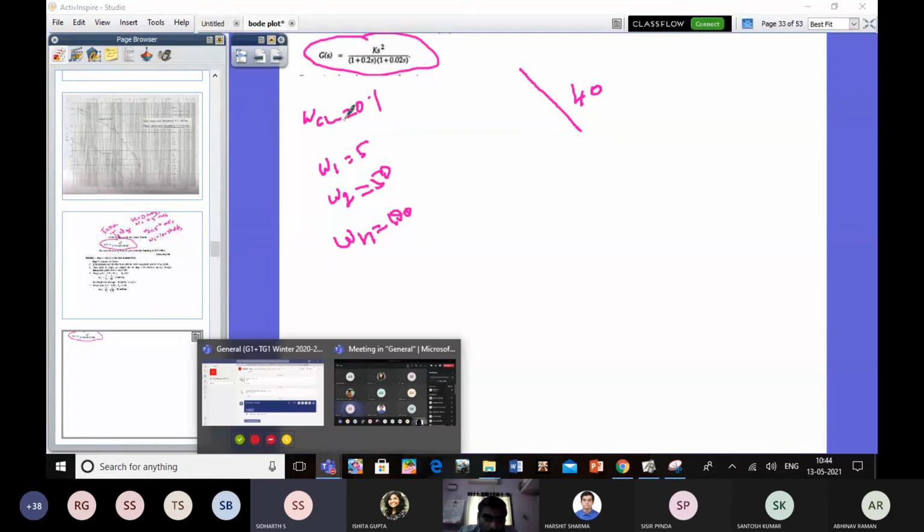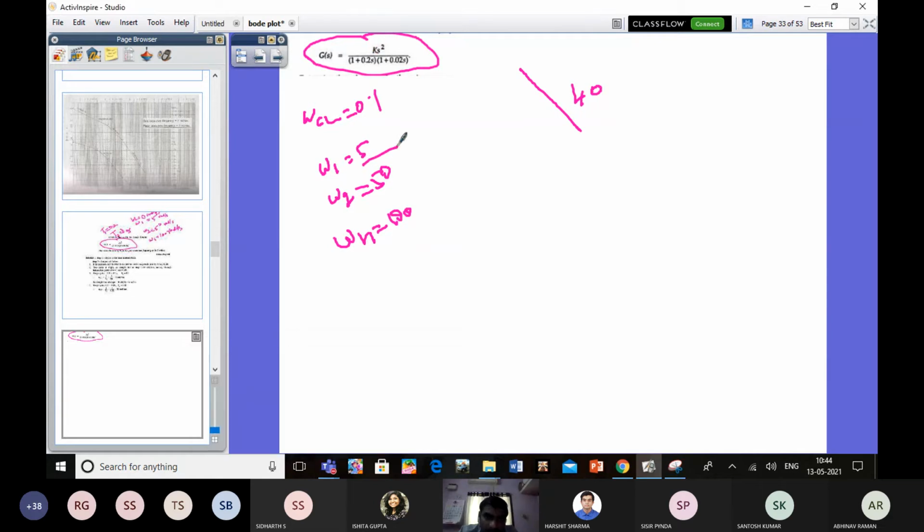One pole is located at T equal to 0.2. The corner frequency is 5. After the zero location, immediately we have the corner frequency omega 1 equal to 5. This omega 1 is called P1, so that location is T1, which is 0.2. It can contribute a minus 20 dB per decade slope. What is the slope change then?